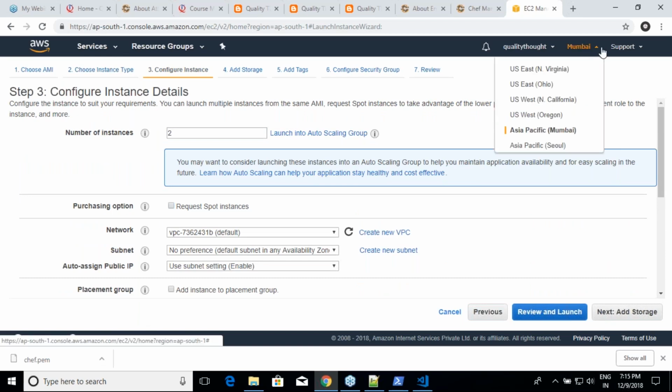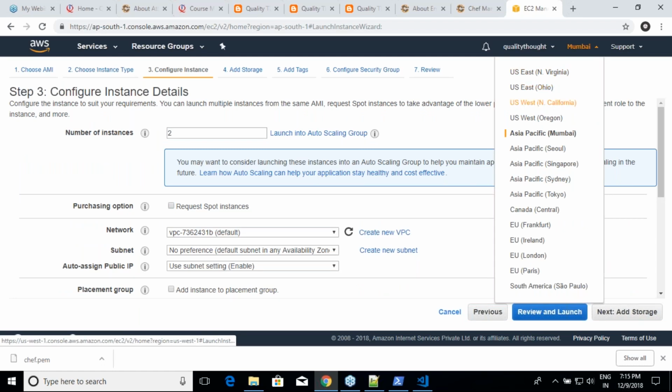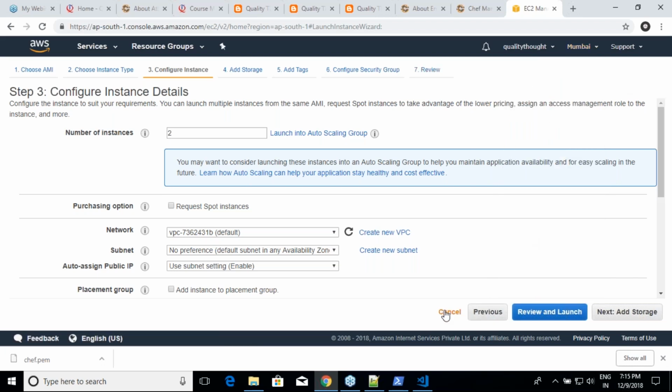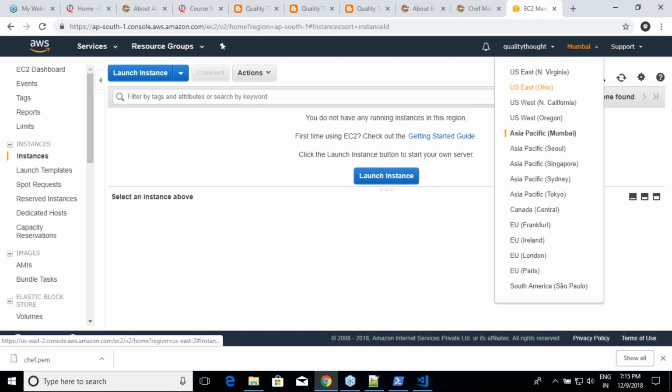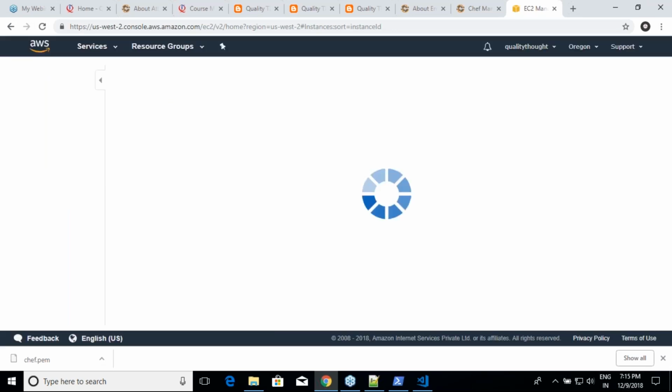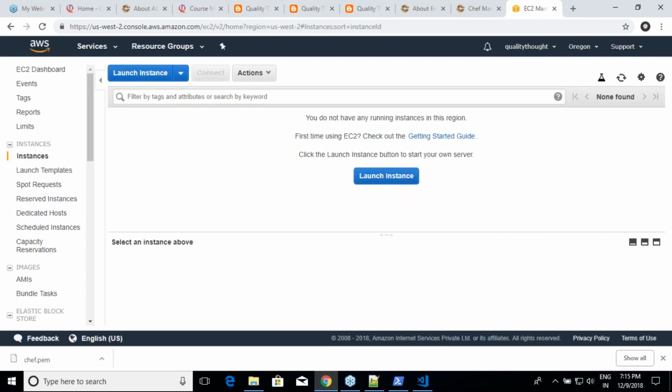Let me come out of this region because I'll have some limits over here. It will not work out anyway. I don't have a limit over here to create 4 or 6 machines, but in Oregon I have it. So that's why I'm removing it. For the people who didn't understand, whenever we create an AWS account, you will have a limit saying that you can create these many machines only, right? I have upper limits in the Oregon region, but not in the Mumbai region. In Mumbai, when I try to create 4, it will fail saying that you don't have permissions to create 4, right? For that, I have to raise a support ticket. But over here, I shouldn't have any problem.